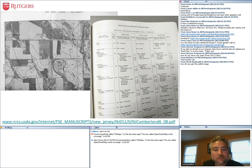And then you would look up a table of the soil properties as they relate to what you're thinking of. So this one, I'm sure you can't read it, and I can barely read it, but it's recreational development. So it's things like picnic areas, playgrounds, camp areas. And then for each of these soils, whether it's suitable or not suitable for that recreational development. So that's the way we used to do things. And I put the link here in the presentation to the Cumberland County book as an example. The old books are still kind of useful, even if they're older and may not be quite as up to date. Sometimes it's nice having that printed